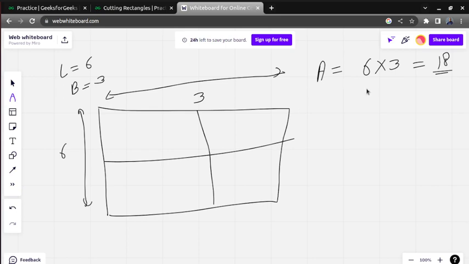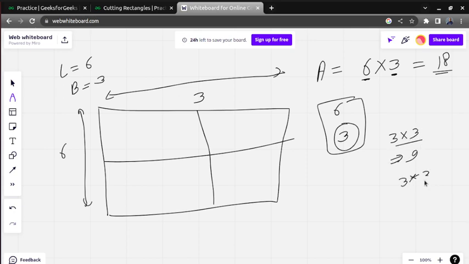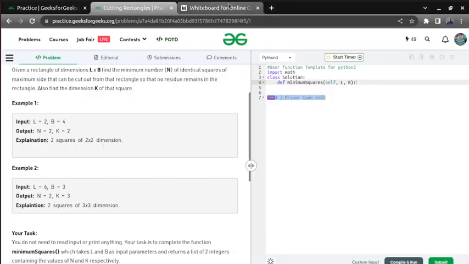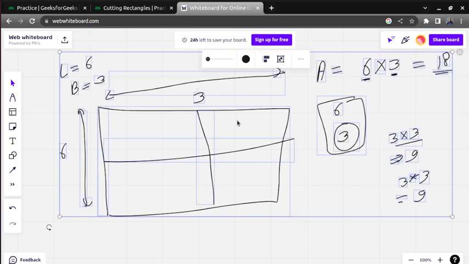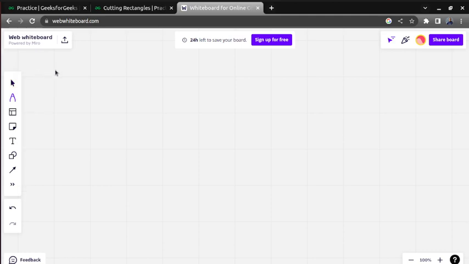One thing we can do is, here we have two numbers, 3 and 6. The one thing that comes to your mind is that the maximum length we can take is the minimum of both of these. So you can take 3 into 3. One area is 9, and again 3 into 3, so the area will be 9, and if you add them, it is 18. So this is also correct. But if you take bigger examples, then you are not going to get the correct solution, because the minimum is not going to work on bigger examples.